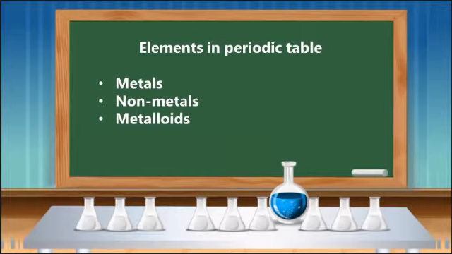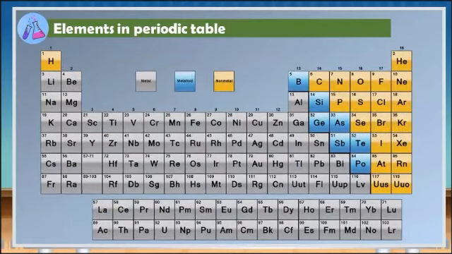Moving forward, as you can observe, we have the periodic table, but my periodic table is not yet updated. 118 elements, as you can observe. We have hydrogen, helium, lithium, beryllium, boron, carbon, nitrogen, oxygen, and so on and so forth. They are arranged according to increasing number of protons.